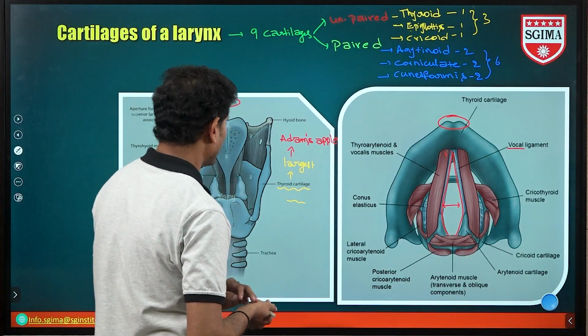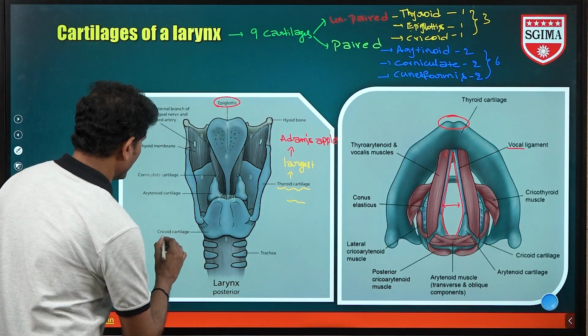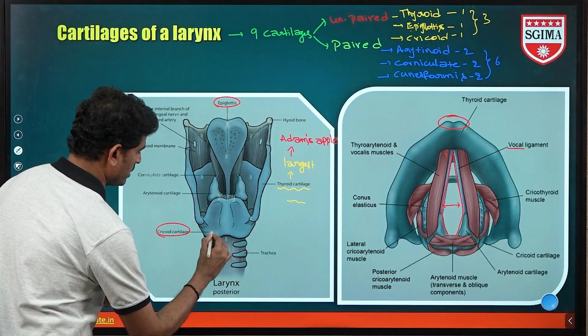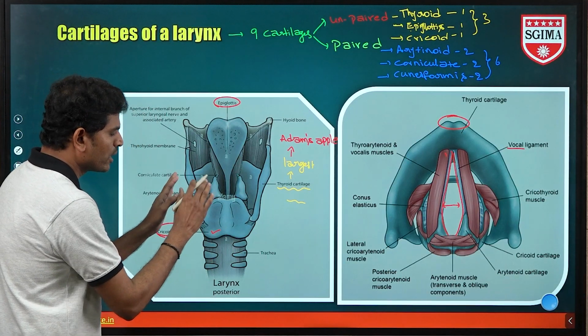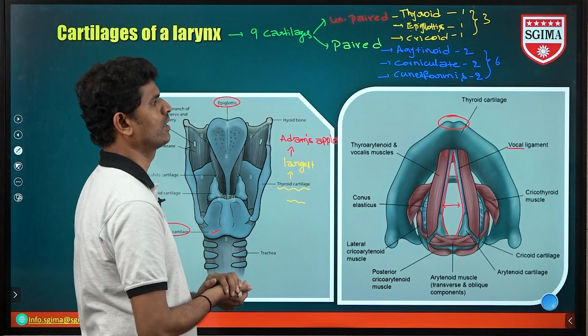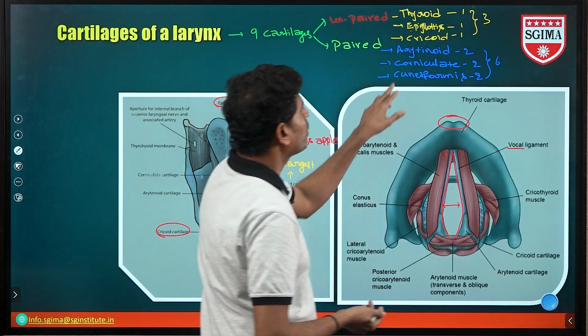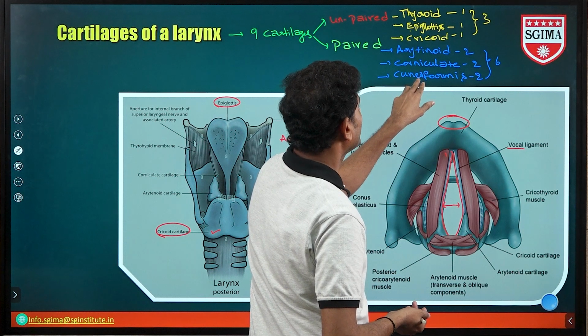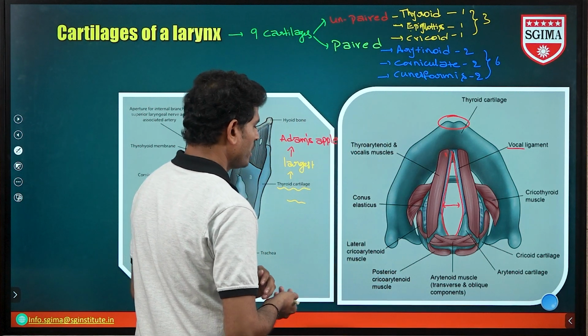Next one, cricoid cartilage. Cricoid cartilage, here it is. Cricoid, ये क्या है? Circular cartilage बोलते. Cricoid cartilage को circular cartilage we can call that. Next one is paired cartilage, arytenoid, corniculate and cuneiformis. Okay, so here